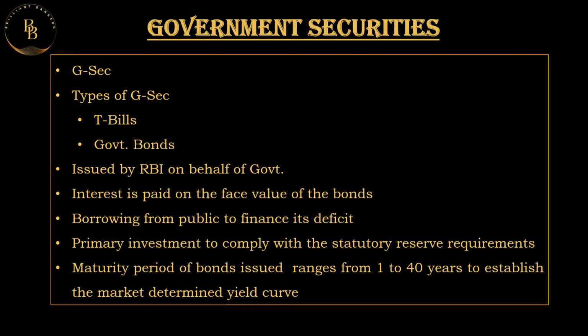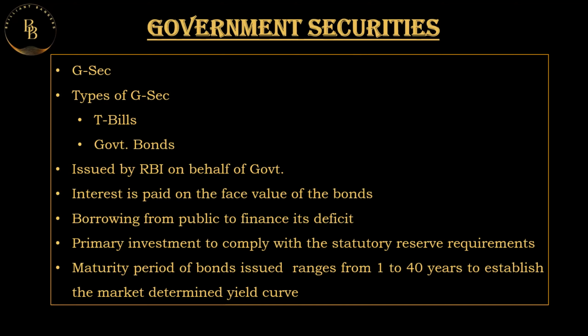These government securities are issued by the RBI on behalf of the government. The interest is always paid on the face value of these bonds. They are used for borrowing from the public to finance the fiscal deficit of the government, be it the state government or the central government. The primary investment is to comply with the statutory reserve requirements. So the banks use this as a primary investment to comply with their statutory reserve requirements, that is the CRR